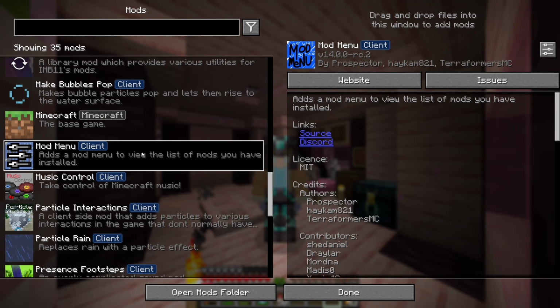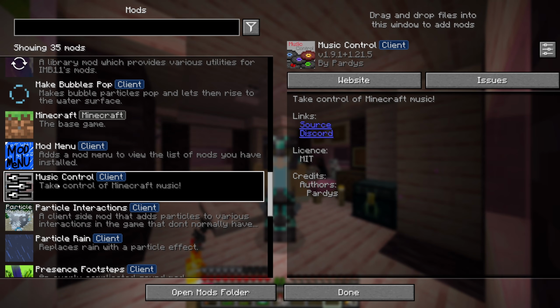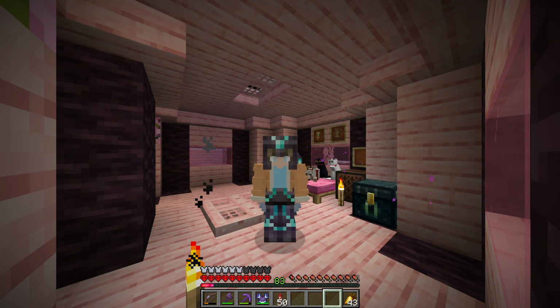Mod menu, an essential for playing any mods. Music control, I'm going to remove this simply because in the next update, we basically get to just do what this mod implements, which gives you complete control over music. If I press the up and down arrow, it raises the volume and lowers the volume. If I press